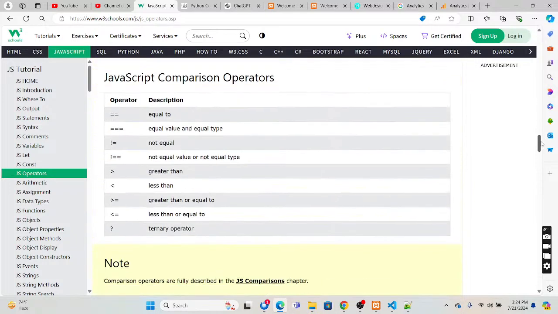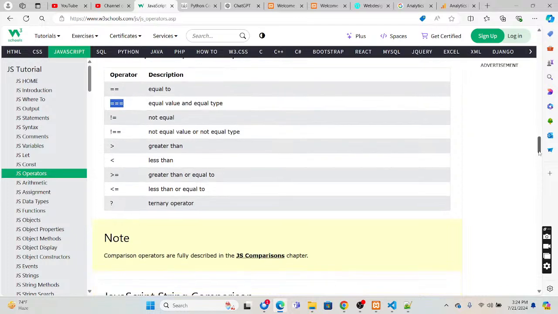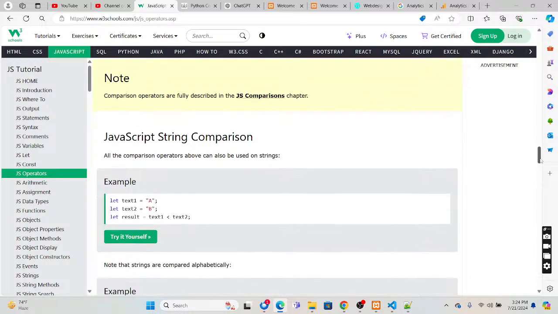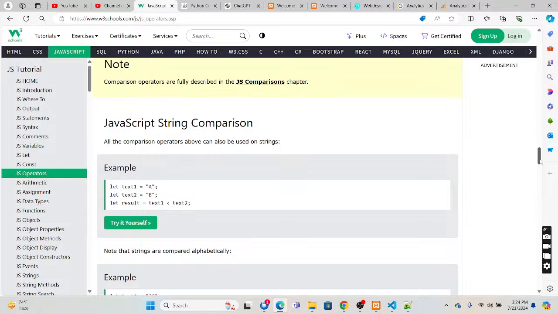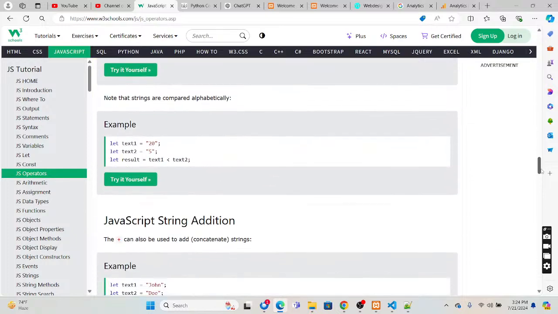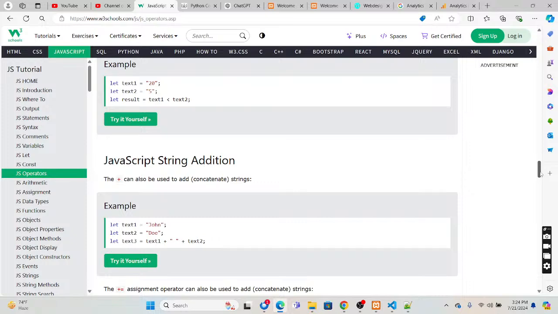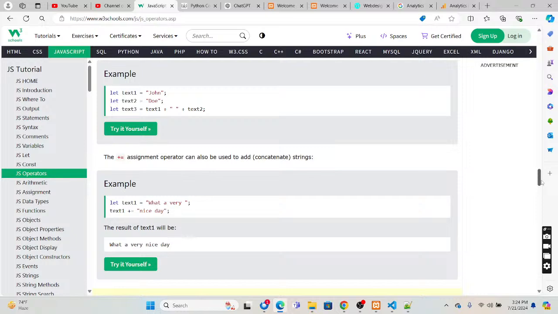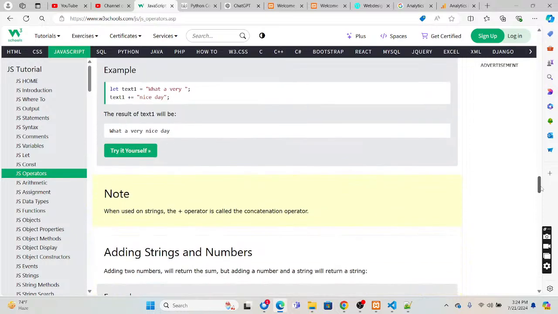Then comparison operators: equal to equal to compares value, and the triple equal to compares value and type. Not equal to, and not equal to in value and type. Greater than, less than, greater than or equal to, less than or equal to, and the ternary operator is a question mark. For strings, you can use less than or greater than. For string operations, you can use plus to add strings as you do in Java.